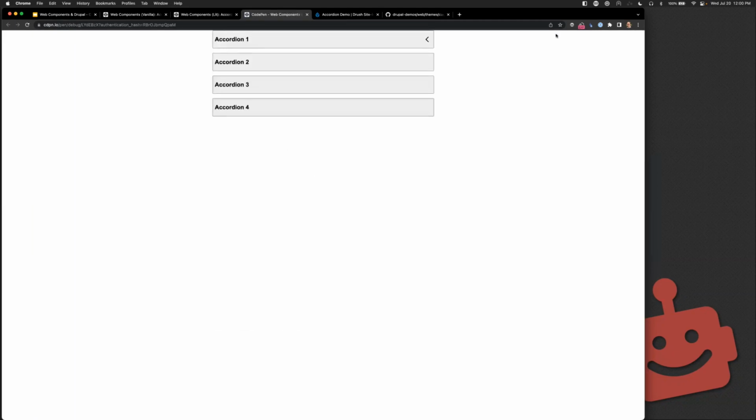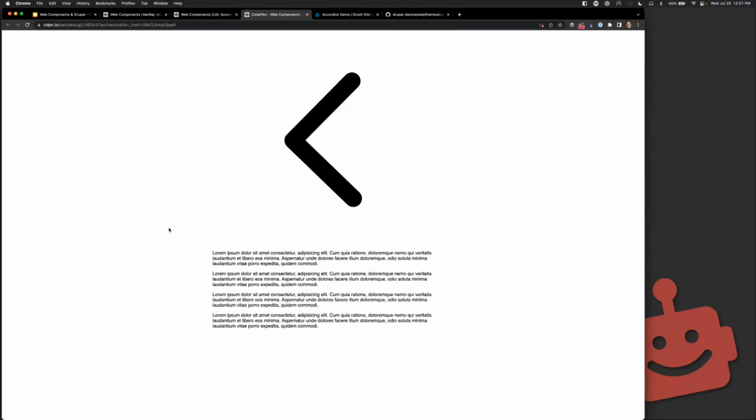If I put this in debug mode real quick, and then I disable JavaScript and refresh the page, this is how it loads in. The titles of those accordions don't appear because they exist only in the shadow root, and the shadow root doesn't get attached to a custom element that doesn't exist because it doesn't have JavaScript to be created. So if you're creating a website where you definitely need everything to still be hyper accessible without JavaScript, obviously you're not using React, you're not using Vue, you're not using any of the major front end frameworks, and you probably want to avoid web components